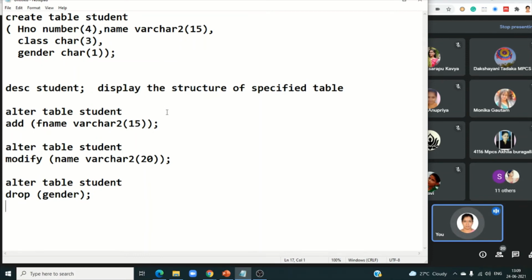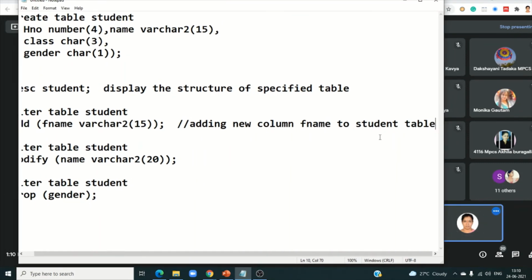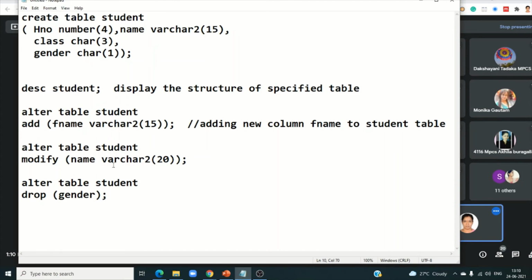Here in altering, what is this? Here we are adding a new column. What is the column? A new column, F name, father name, to the student table. Then next, here what are we doing?